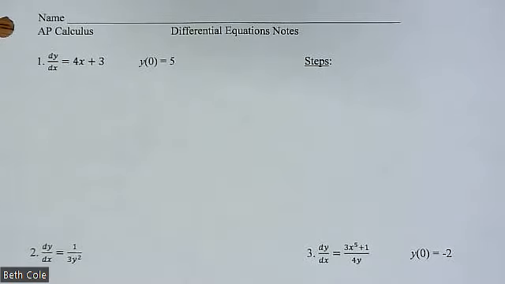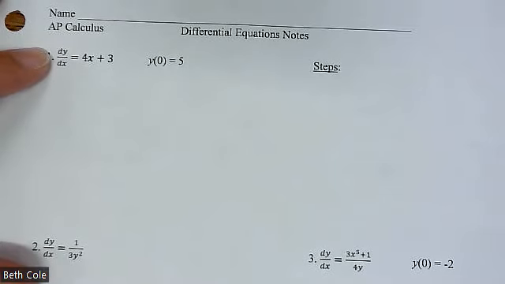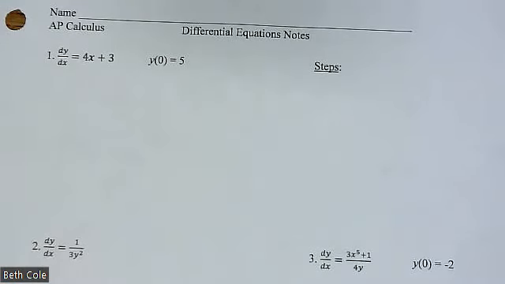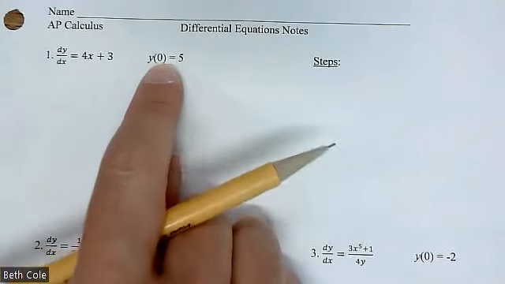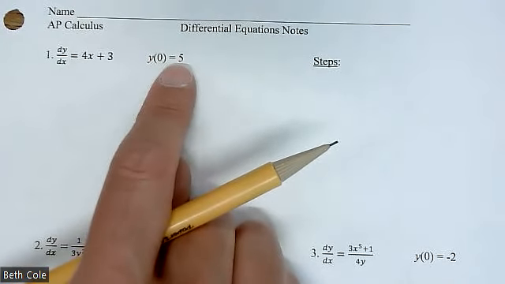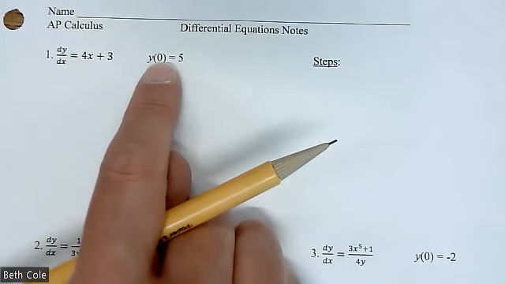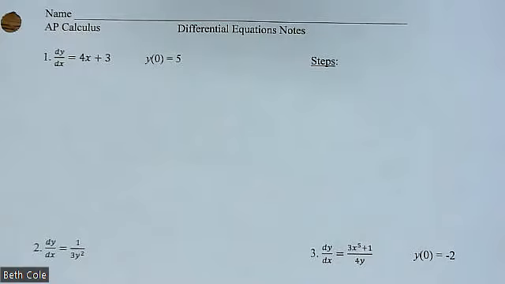So what you're doing with a differential equation is you are given the derivative, that's dy dx. You're going to do an antiderivative. You're basically going backwards a step trying to get the original equation. Here I told you that if you plug in 0, you should get 5. That's what's called an initial condition, like the starting place. It's not always 0 though, so just be careful. It could be y of whatever, but it's still called an initial condition because whatever the numbers are, it's like